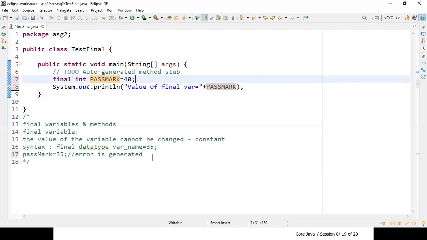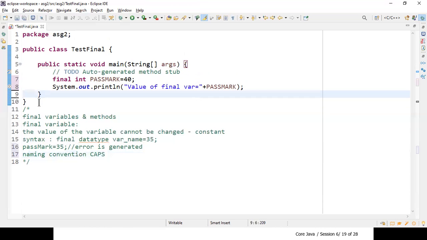That's the reason why it's always preferred. The naming convention we follow is to prefer caps.